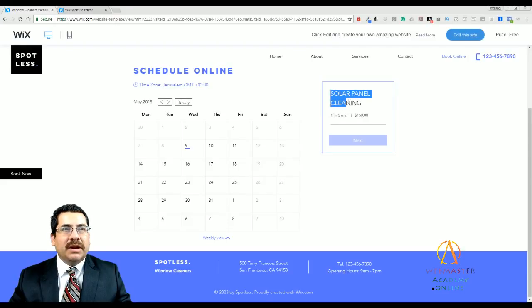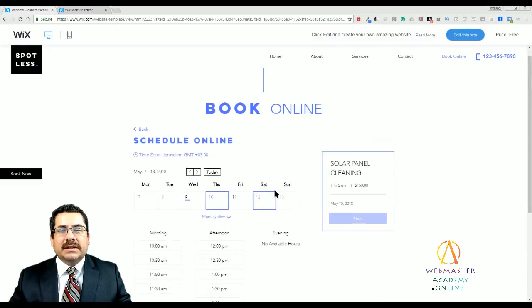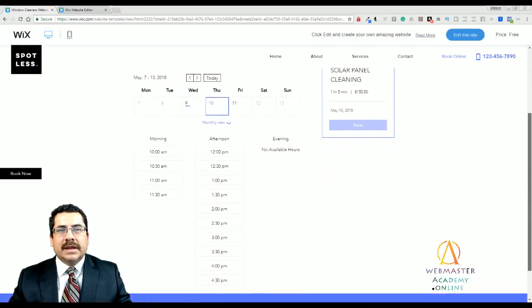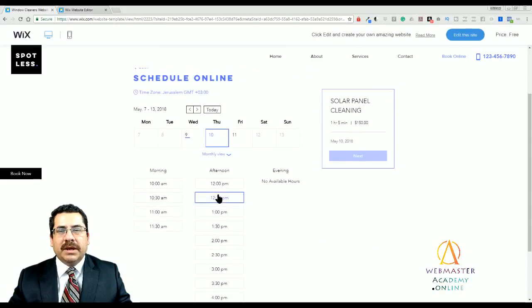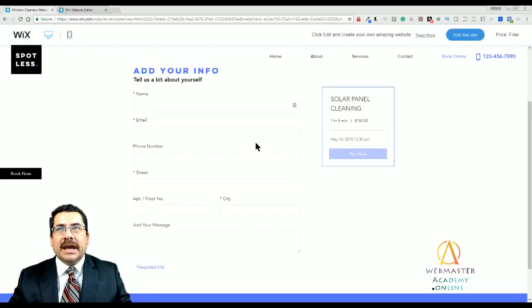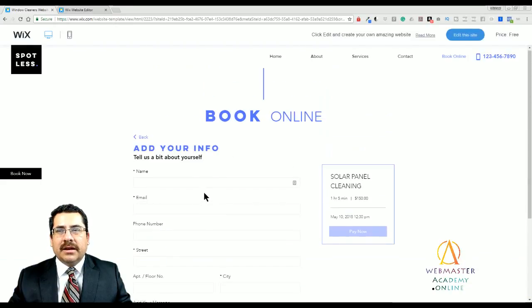service listed right here on the right, and they'll pick the date, and then they can pick the time. In this case, they're not available in the evening. They'll pick a time. And what's nice is if when I click next, they'll go ahead and put in their